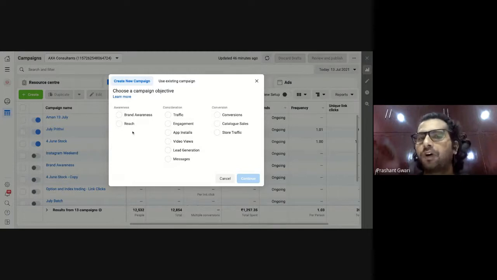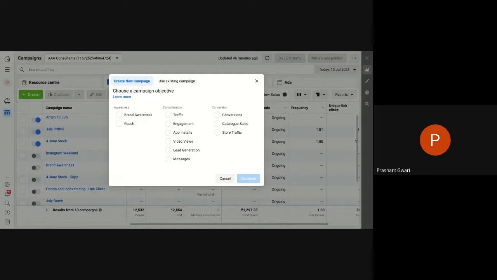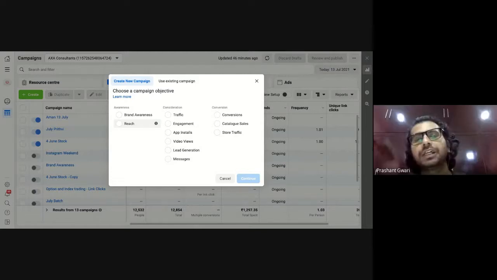And the best type of content for brand awareness and reach is video-based advertisement, an HD video or a 1 or 2 minute video with the description of your content, your product or your services. In the first part, you will target the broader audiences. What are the broader audiences? The audience we created yesterday on the basis of demographics, interest, gender, location. So this is the awareness part.